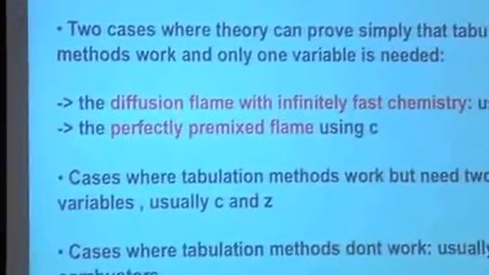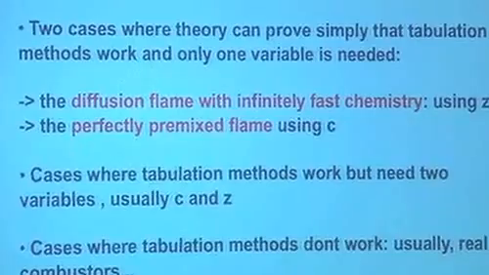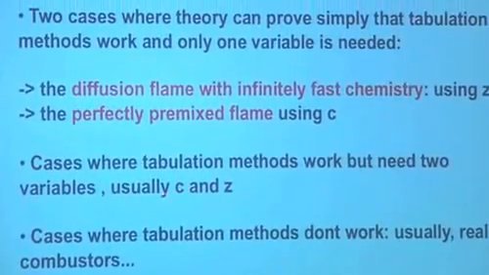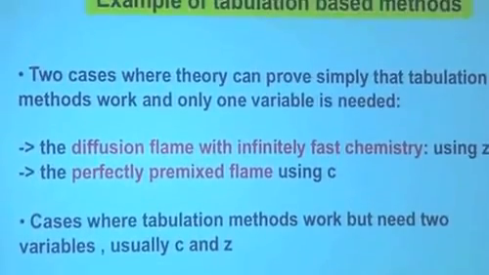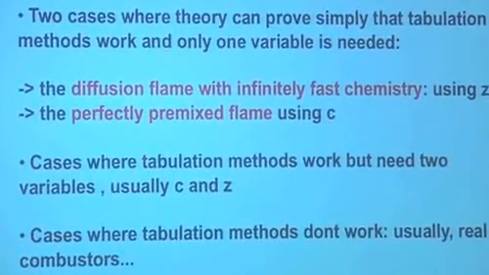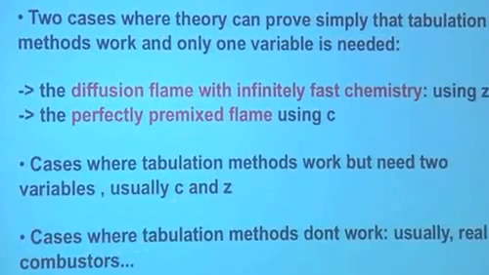So this idea of tabulation is actually an idea which is completely, fully justified in certain cases. And I want to show here 2 examples where actually just by using COE you can prove that it's a good idea. And then I will also show you cases where we have to use more than 1 variable, because here for diffusion flames or perfectly premix flame you can do everything with only 1 tabulation variable. Then we'll use 2, and then I will show you examples which don't work, and unfortunately it's usually the real cases, okay? That makes sense.